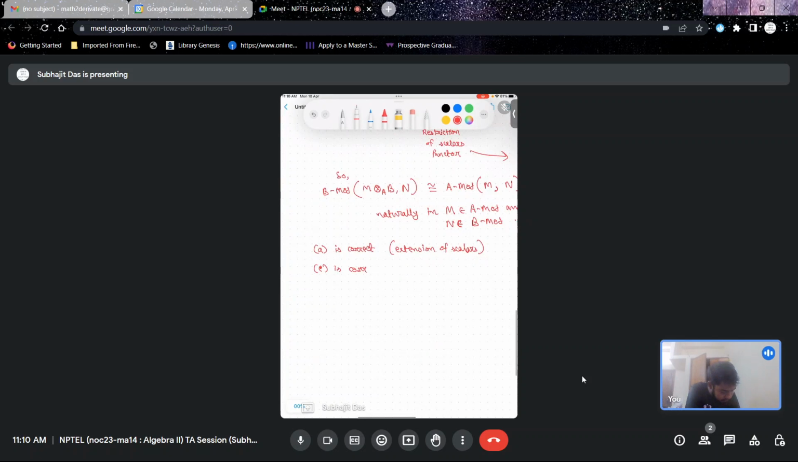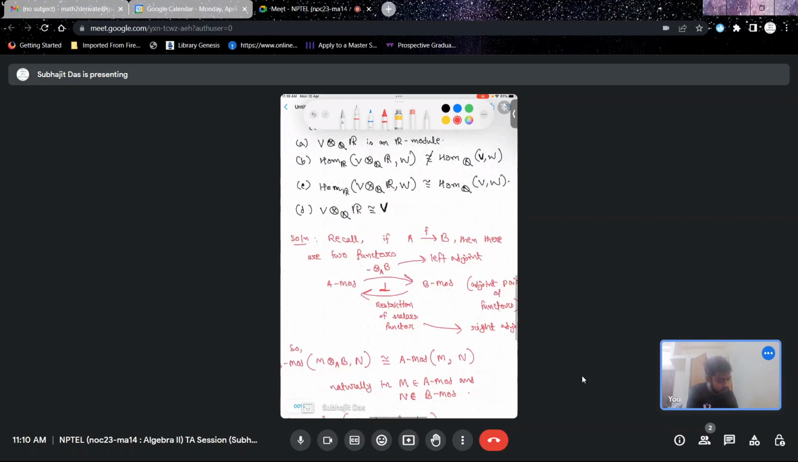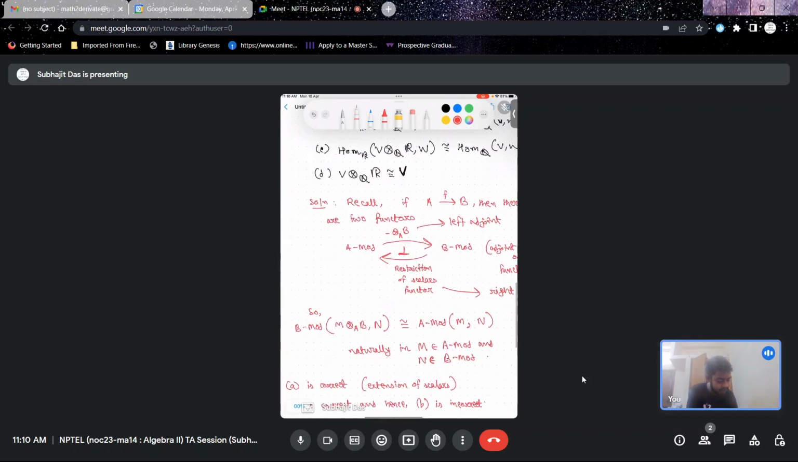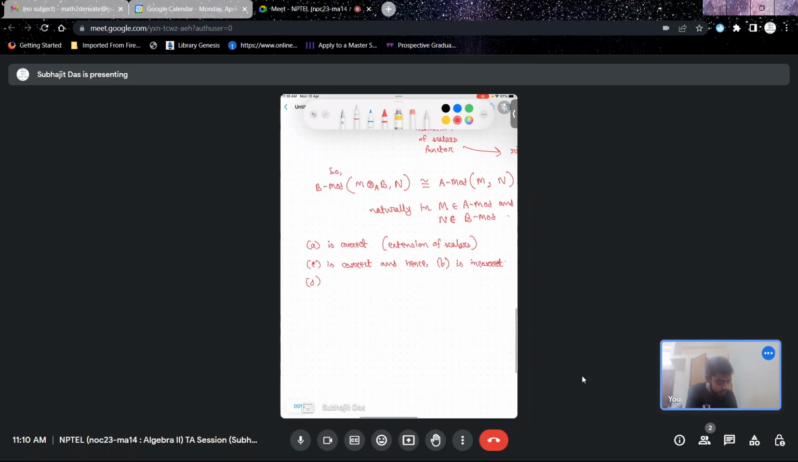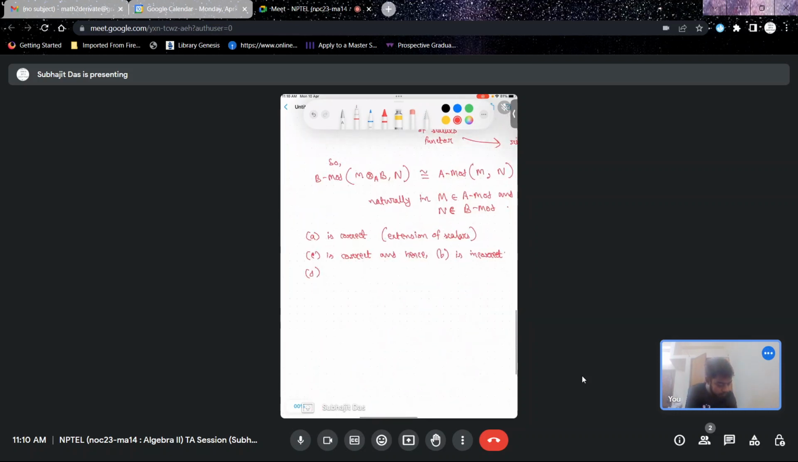So C is correct, and hence B is incorrect. And finally D is incorrect, right? D is incorrect, as for V equal to Q in Q mod, Q tensored over Q with R